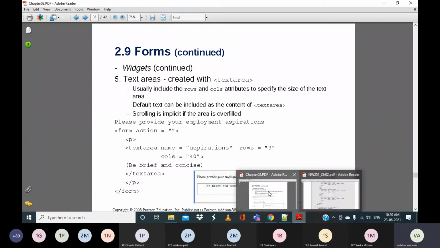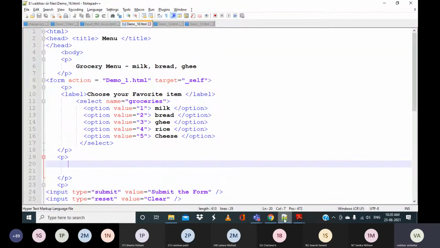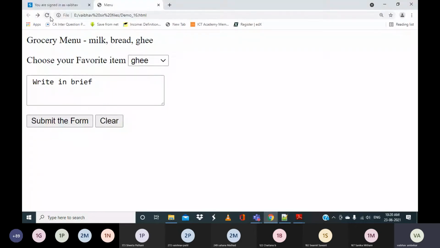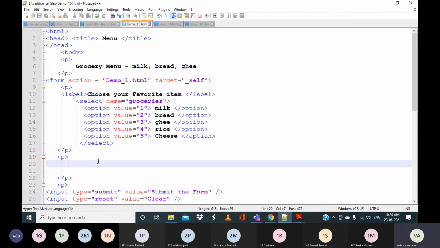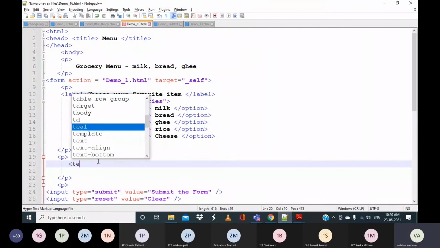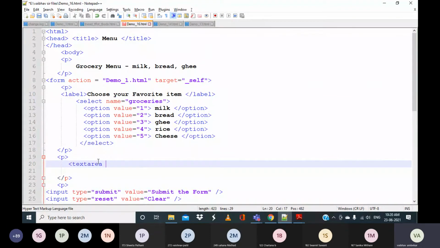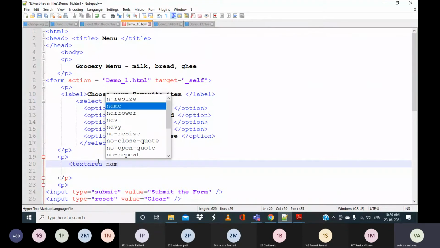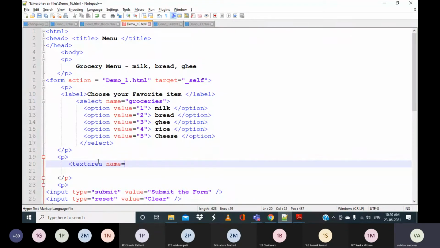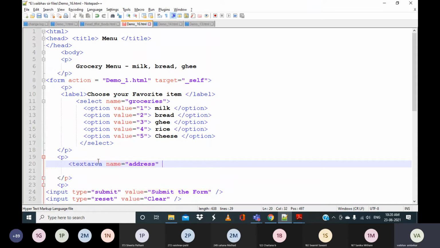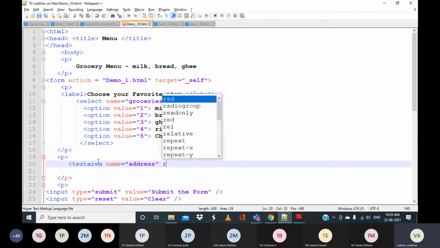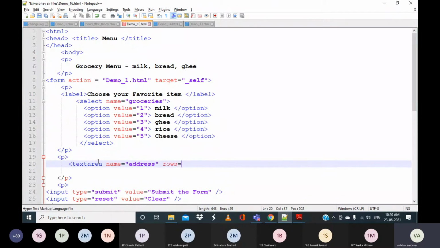So to include this text area, we will create another paragraph at this level, and after this selection we'll open the text area. Like for the text boxes you can give a name, so I'll give name equal to address, and then rows equal to 3.